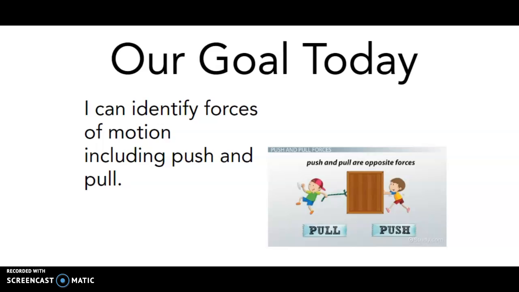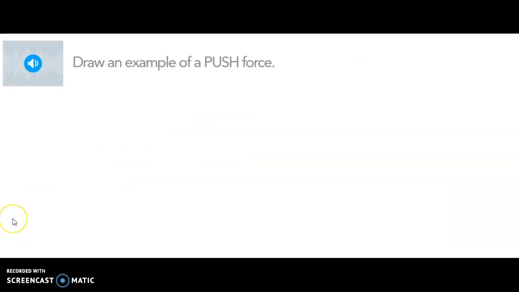Second graders, today we're going to go over some answers to the Science Nearpod about push and pull forces. So here you were supposed to draw an example of a push force. There are a lot of things you could have drawn here. Maybe you drew yourself pushing a chair in, closing a door, rolling a ball,